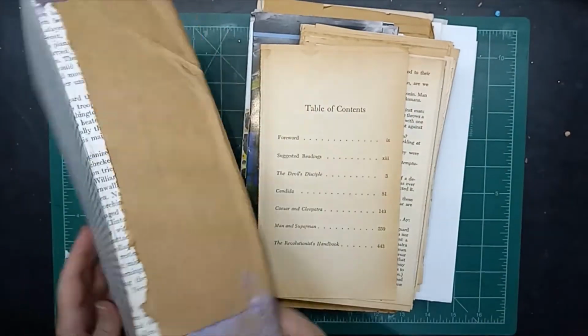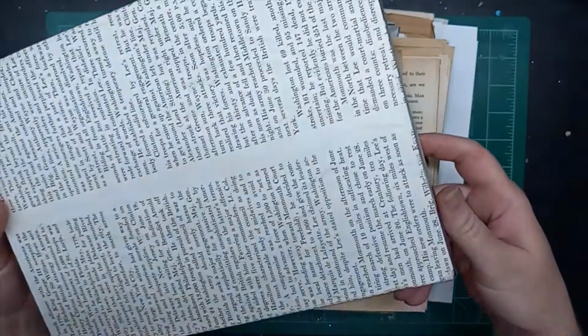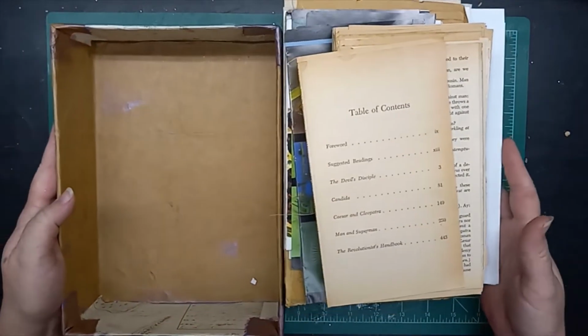Just tip it up on its side. But yeah, this is just another cereal or cracker box. I'm not sure which. I covered it with paper, painted it a little bit with my metallic paints. Didn't even worry about how pretty it was. Not really. I mean, I kind of did, but